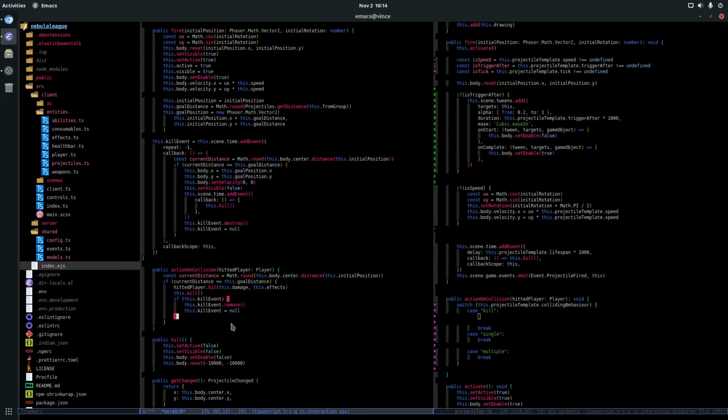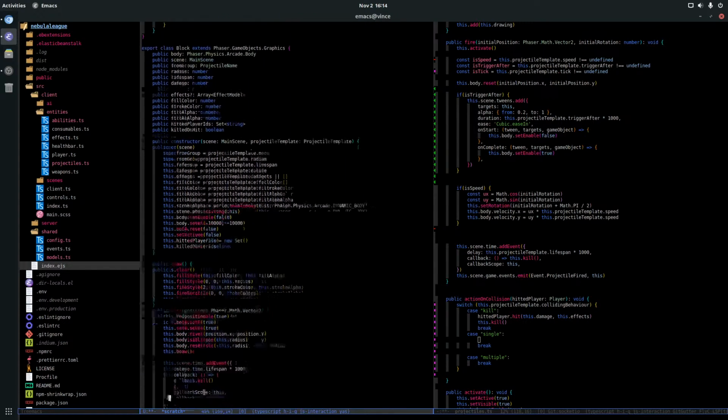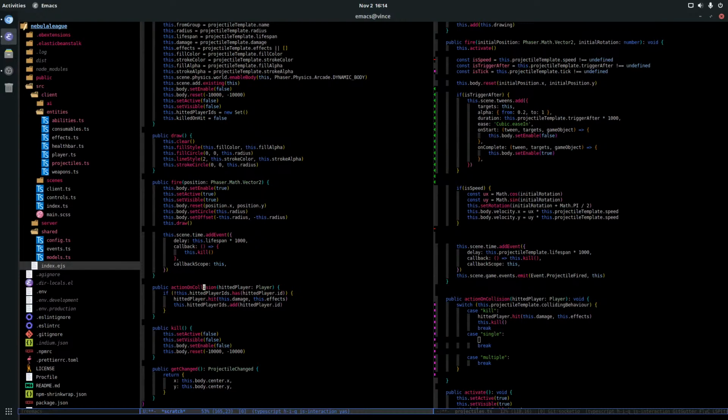Is that enough? I feel like it's enough for my kill. For my single, it's a bit similar, but it's never killing it. So this code is correct for my single.